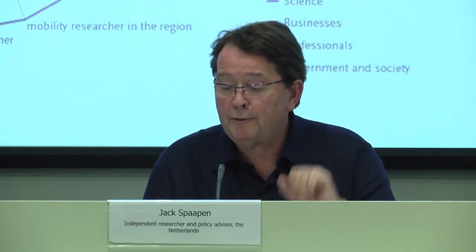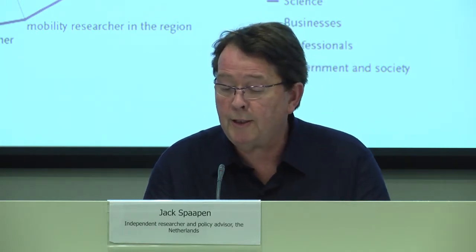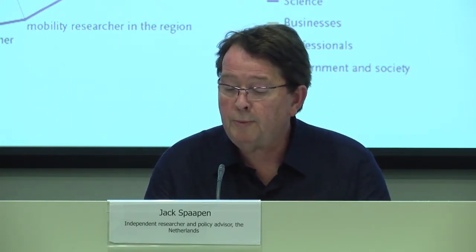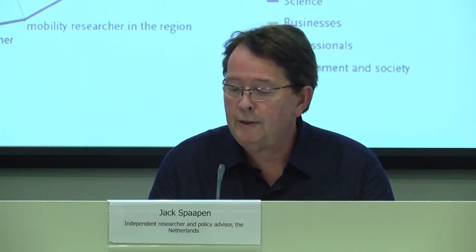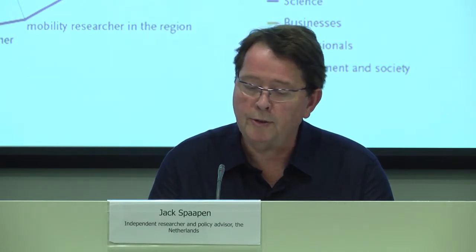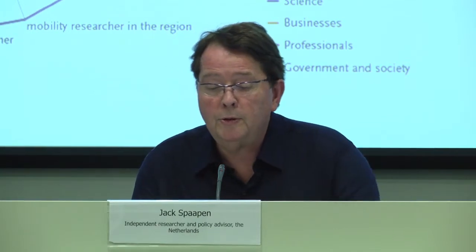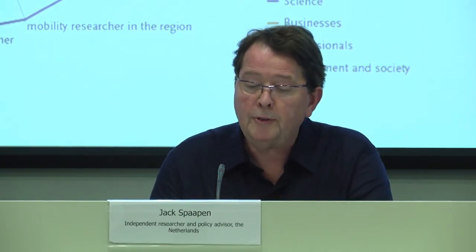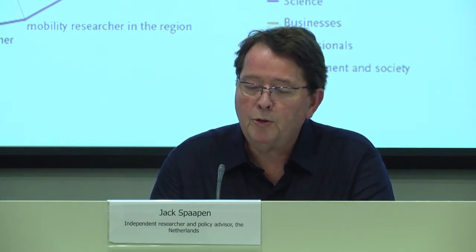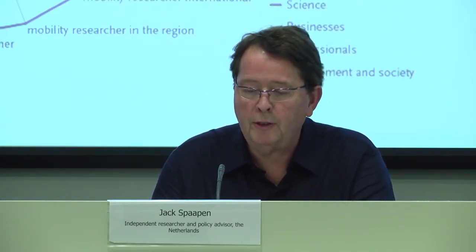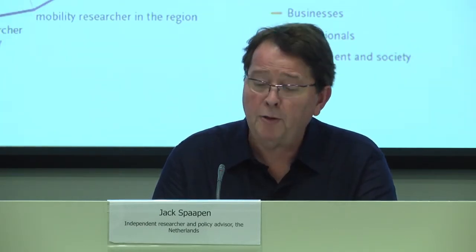They saw 5 important functions of university: education and science, that makes sense, contact with businesses or the professional world, and the broader government and societal questions. And they try to paint a picture of what a profile would look like if a university would choose for one of the 4 options, and you see you get very different profiles.